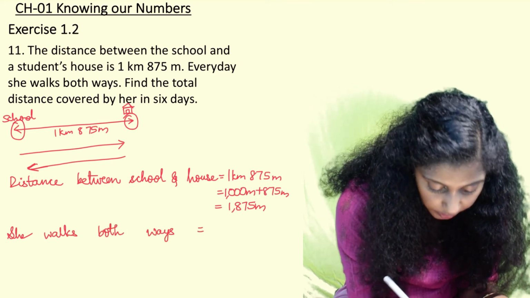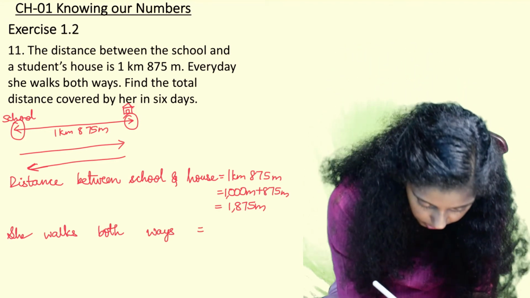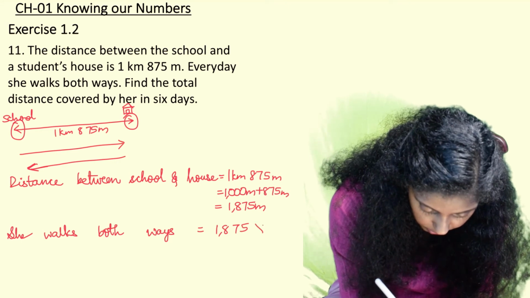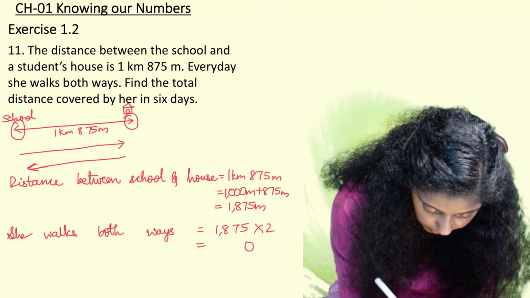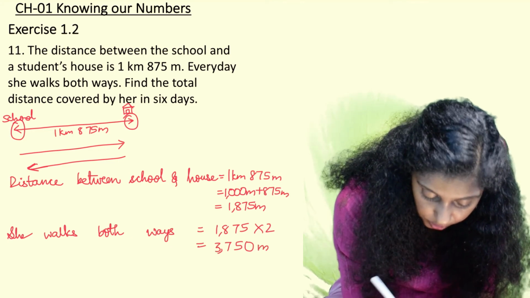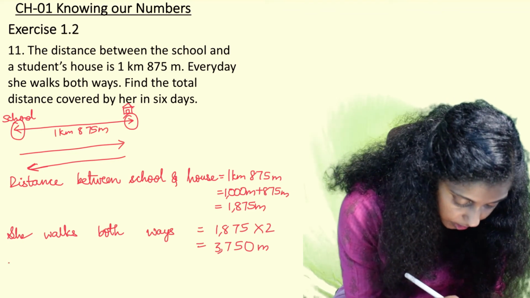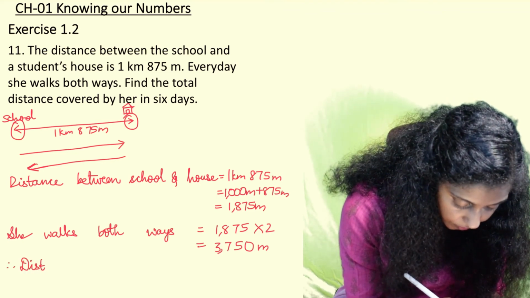School to home 1875 meter. Home to school again 1875 meter. 1875 into 2. 2 5s are 10, 2 7s are 14, 1 15, 2 8s are 16, 1 17, 2 1s are 2 plus 1 3. This much meter she walks. Find the total distance covered by her in 6 days. Therefore,